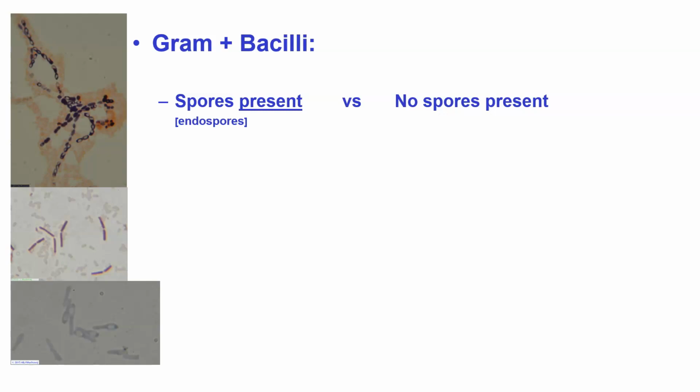Endospores look like these. The top two are gram stains where you can actually see the endospores on the inside of the cells, and you see them not because you're staining the endospore, but because the endospore doesn't take up stain very easily, and therefore we see that. Endospores are very important because they allow for the organism to survive long periods of time.